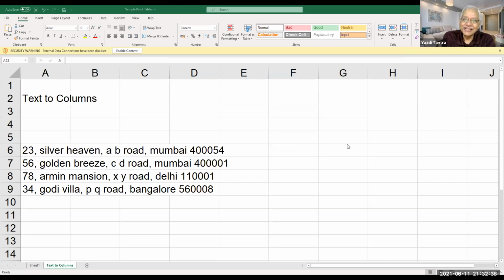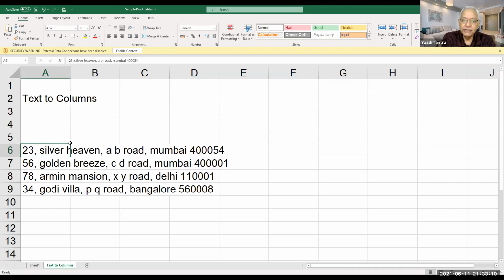So the first thing we will look at is how to convert text into columns. Many times we receive material like this. Say an address list comes to us in a CSV format, or what is called a comma separated variables format. All these variables are separated by a comma, but this is an address: 23, Silver Heaven, AB Road, Mumbai 54.